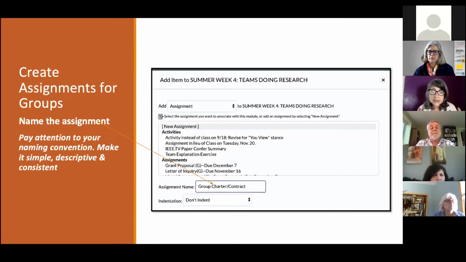When I call an assignment or a discussion board a group, in this case, charter or contract, or if I call it a group discussion, then everybody in the group is going to get the same grade. I have that set up. If I just call it discussion board or something else, if I don't have the word group, then the students know, because I've told them this, they know that they will get individual grades. So if a student doesn't show up, he's going to get a 0, and all the other students will get whatever grade they earn. So it's an individual thing, and those will fit.